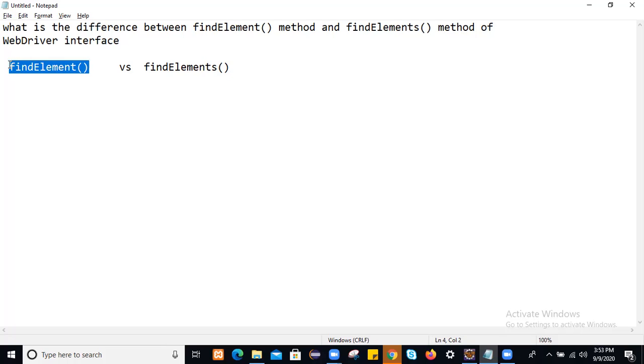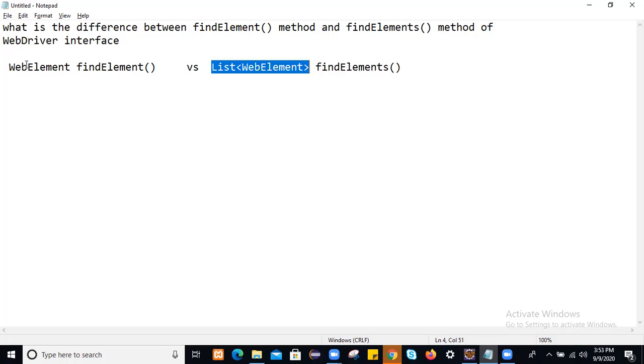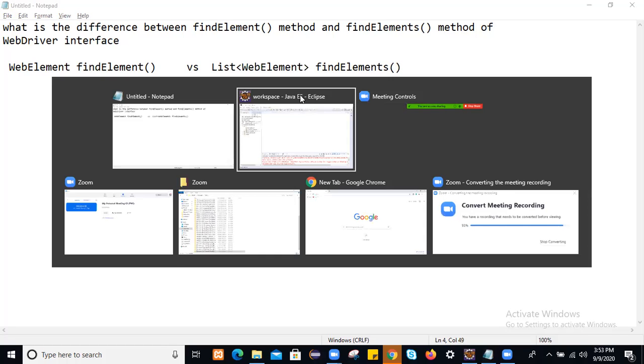The return type of the find element method is WebElement, whereas the return type of find elements is a list of WebElements. So that is the return type of the find elements method, and this is the return type of find element. So let's go to the application.